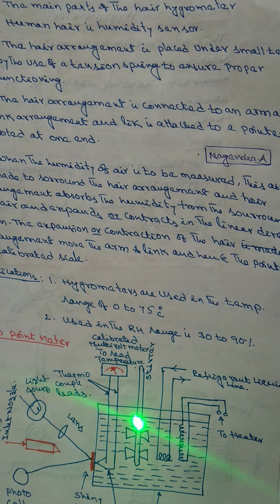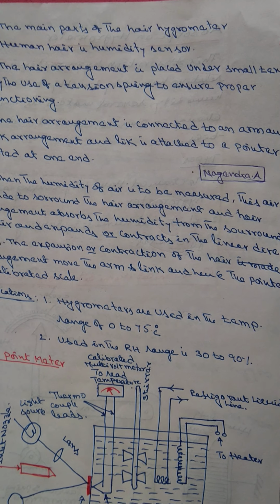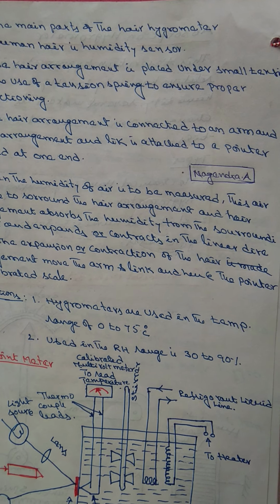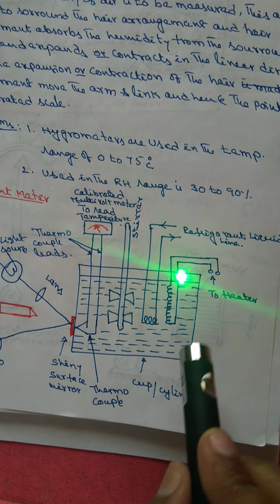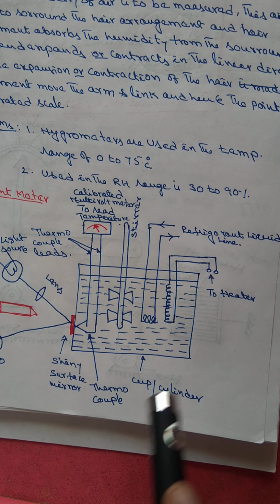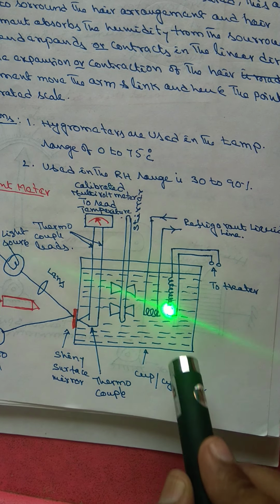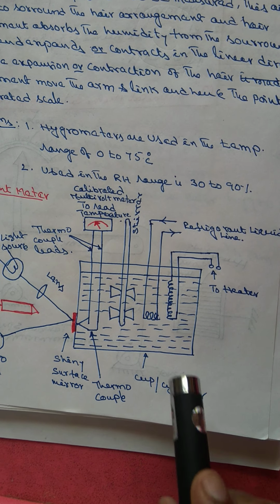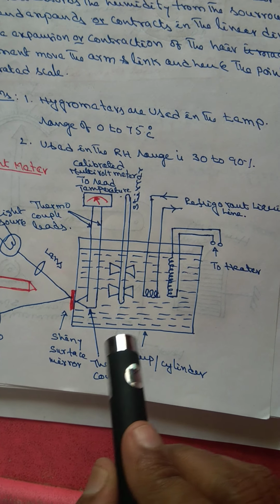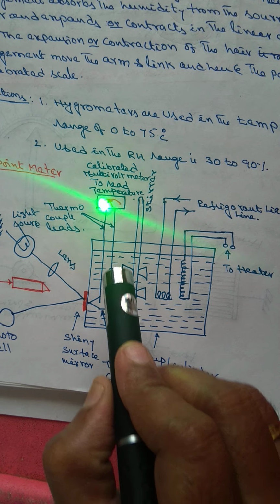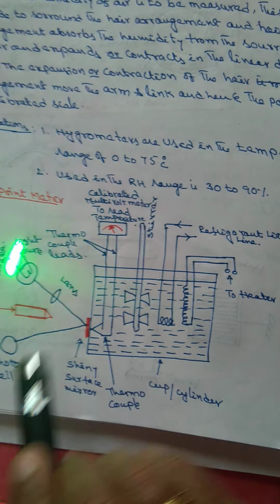Here there will be one stirrer, and one more connection, the refrigerant liquid line, and one heater will be there. Why we are providing this heater is to give heat to that liquid so that it will be boiled. For that cause, to generate that temperature, we kept the heater here. Another thing attached is a calibrated pointer scale to read the temperature.